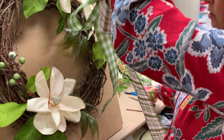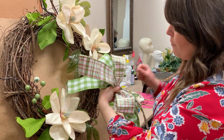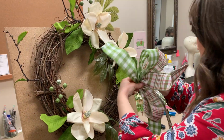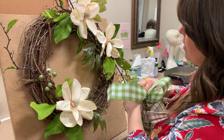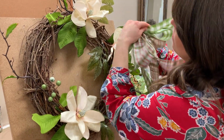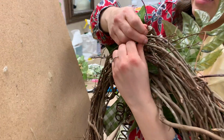And leave that tail a little longer too. Now I've got the bow ready for up here, and if you want, you can kind of hold it and see, make sure your loops are the right size. Wire it off, and you're gonna go right between those 2 magnolias with this bow. So kind of move them out of your way, lay it onto the grapevine, and then I'm just gonna twist,